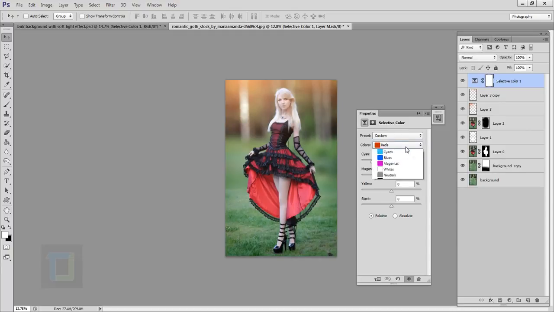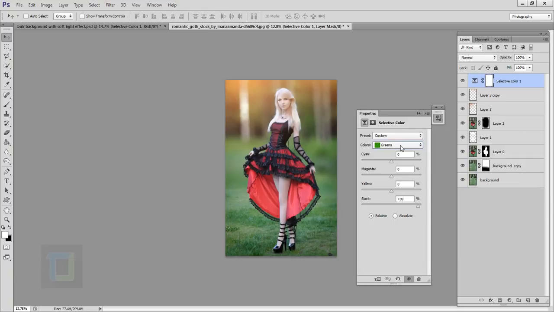Then I will go to my yellows here, and then I will add a little bit of a yellow, as you can see, to make it a bit more contrasty and looks really nice in the grass. Then let's go to the greens, and in the greens I'm just gonna play with the blacks and the contrast of the image, and then I will add a lot of greens. As you can see, it kills the brightness and makes it a little bit more punchier, so that looks really